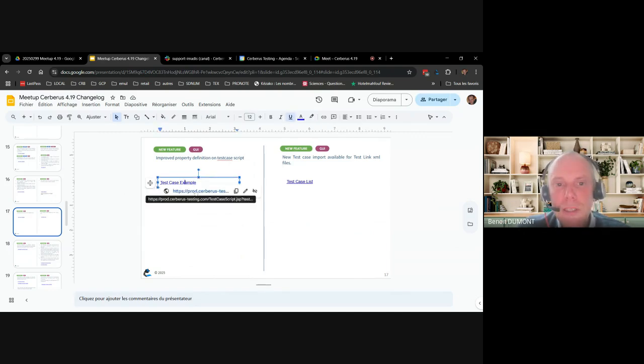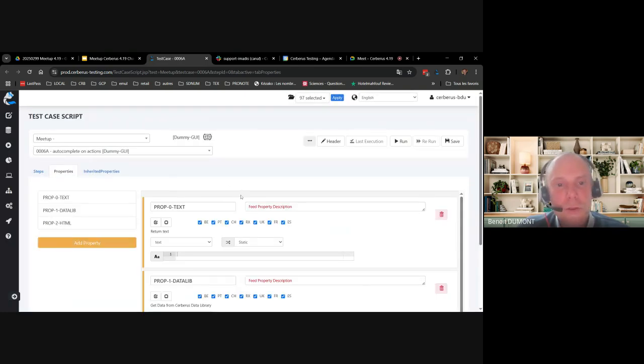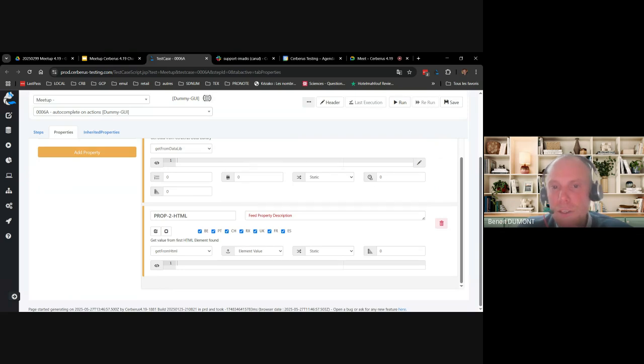The property tab of the test case definition has also been quite significantly improved. Visually, it's a lot easier to read, and on top of that, it now provides a lot more features. In terms of property, here is an example of getting a value from the HTML. Previously, we were only able to get the value of an element that you were pointing to.